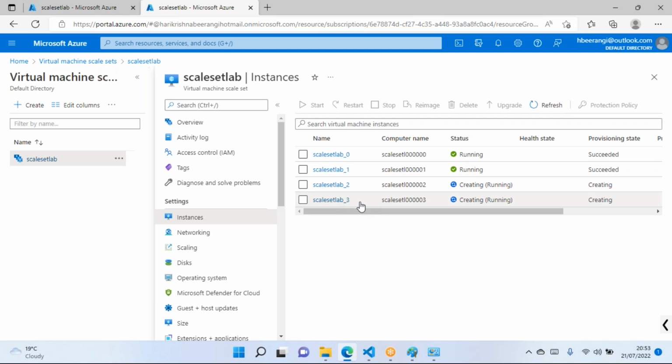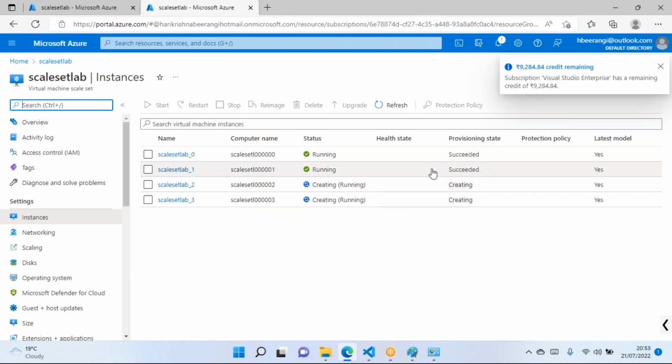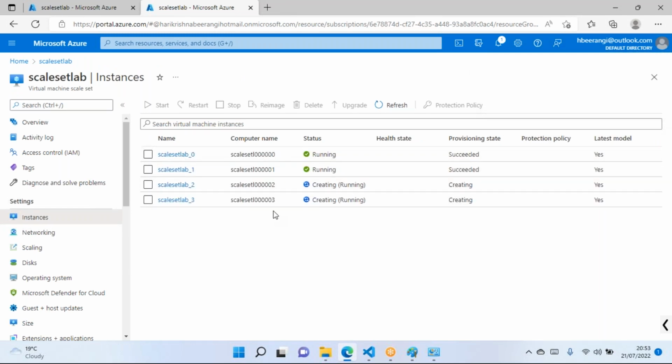Lab 2, 3. So even though we are not giving the names of the virtual machines, it has picked them up randomly based on the scale set name. Okay, refresh, and again I will refresh. It is getting created. Let it create. It will take only a few seconds, and then I'll show scale down as well. Now we are scaling up, and next we'll do a scale down.